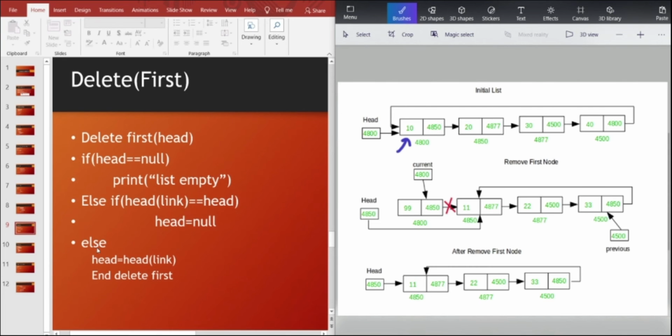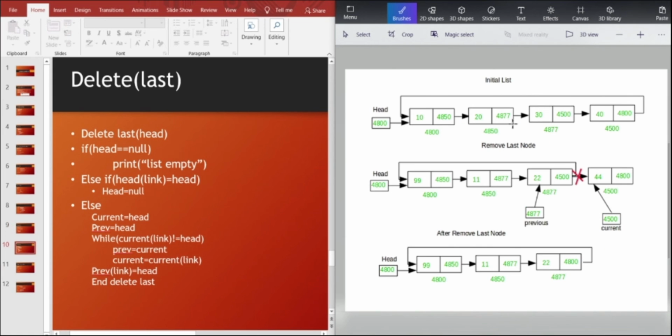And then we come to the else condition and we set the head as head of link. So we set this node as head, and thus the last node points to the current head node. That's this. So this is how the deletion operation works, and we can see that the head node is removed. So this is how the circular linked list looks after the delete first operation.